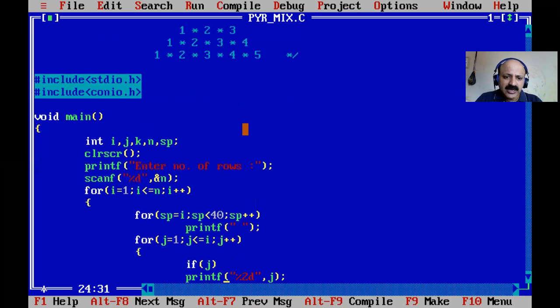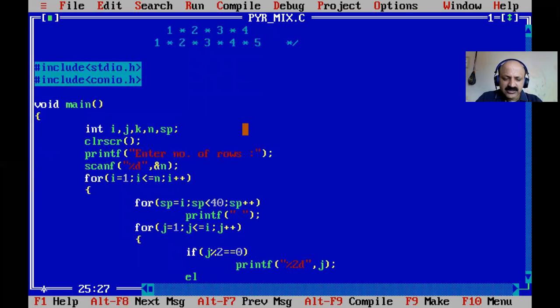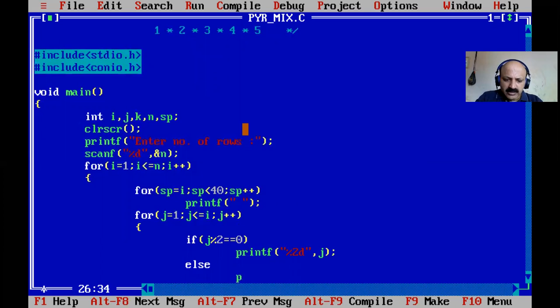So our element is printed by j. So j modulo 2 equal to 0. Then it prints, though not perfectly, here percentage 2d, and here we print j, and here I remove it and print the asterisk sign. So what happened: because the remainder is 0, that j position is even, so it prints the asterisk, and otherwise it prints j, but that is not a perfect print.